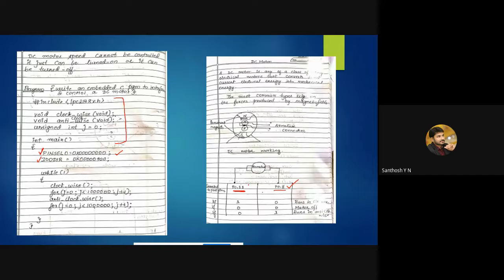If these pins are something like 21, 22, then I have to use pin select 1. Okay, you're all understanding. Since I'm using the lower pins, according to the configuration, P0.8 and P0.11, I'm choosing pin select 0. Okay, and what I'm passing here, I'm passing 0, 0. I'm making all the pins work as general purpose input output. So you may ask the question, why are you making all the pins general purpose input output? We are using only 2 pins, right? That is, the 11th pin and the 8th pin.